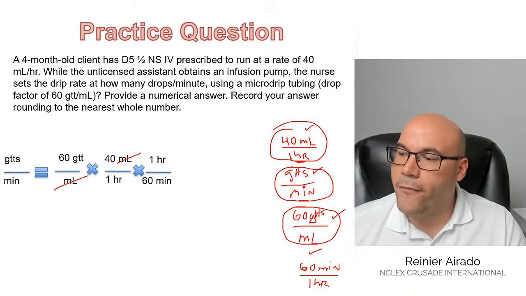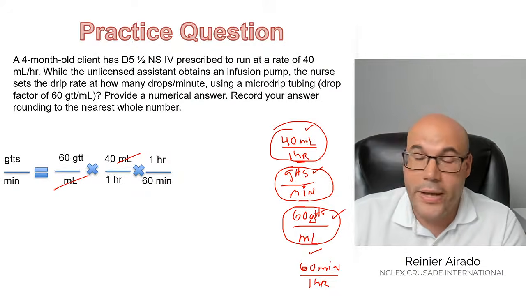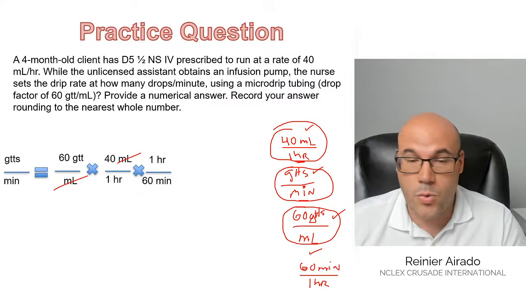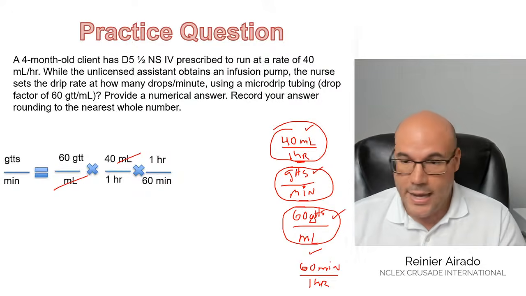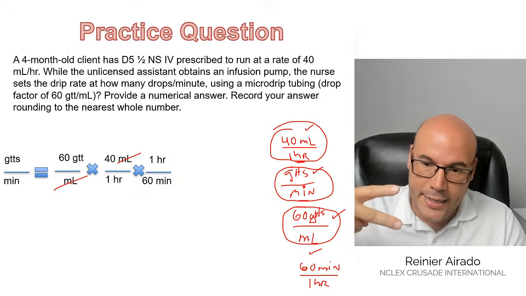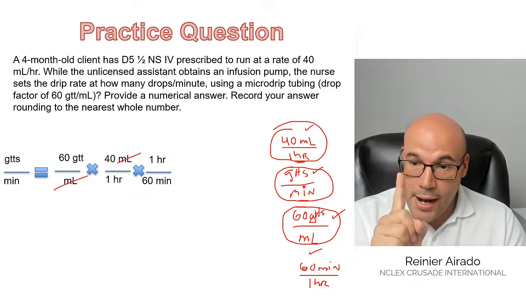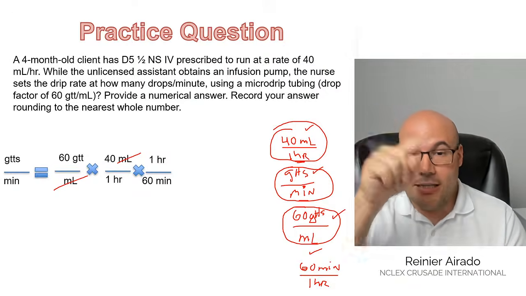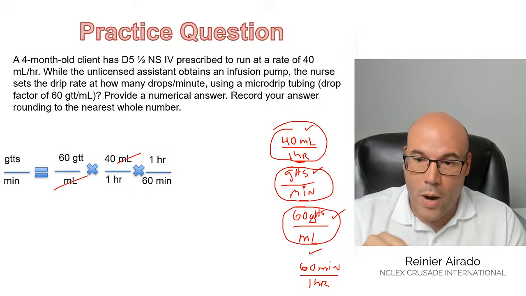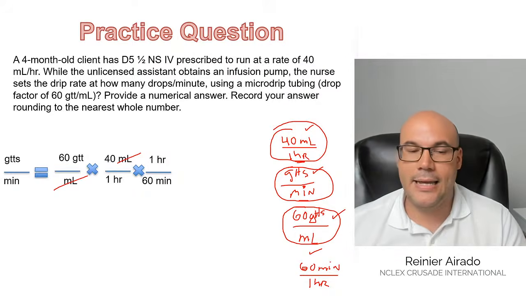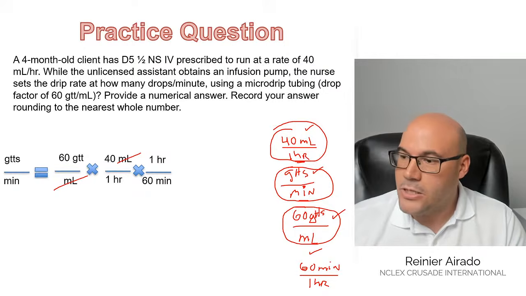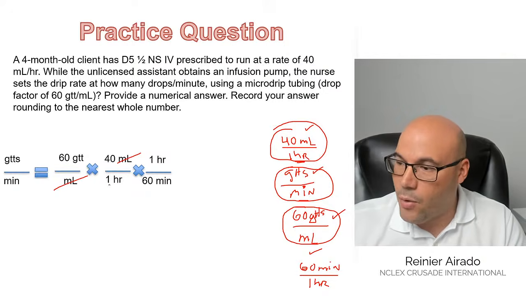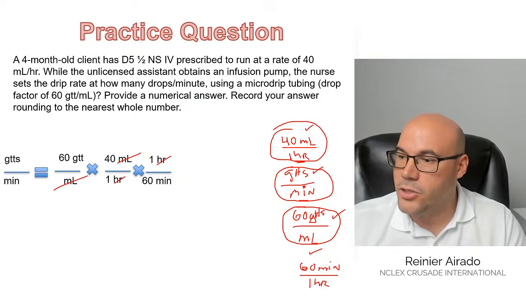And you say, well, Professor, how do you get 1 hour over 60 minutes when we determined that the conversion factor was 60 minutes over 1 hour? It's the same thing. The only thing that I did was flip it. In 1 hour, you have 60 minutes. Or you can say there are 60 minutes over 1 hour. It's exactly the same thing. So now I can cancel hours, and I am left with drops